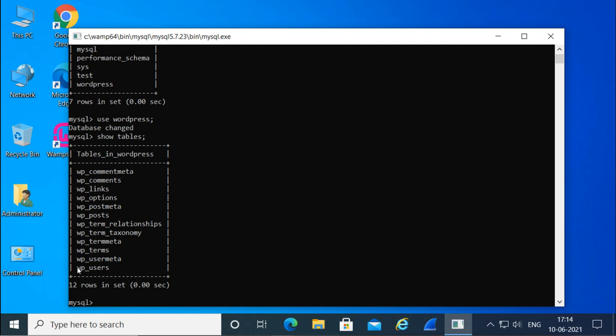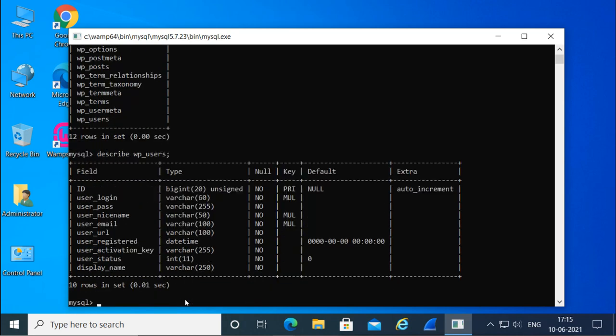Now I want to see what is inside this table. For checking this, I will first use the describe command. I will say describe this table. Describing the table means it will show what columns we have.